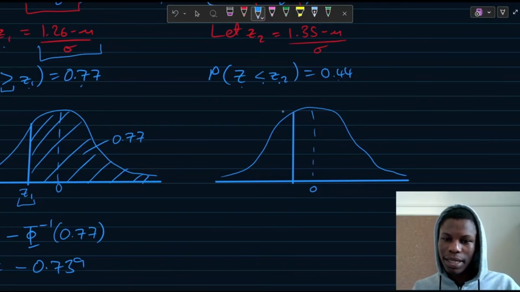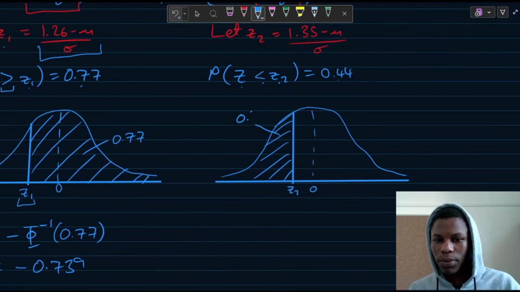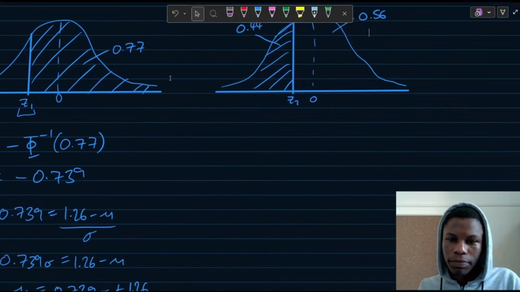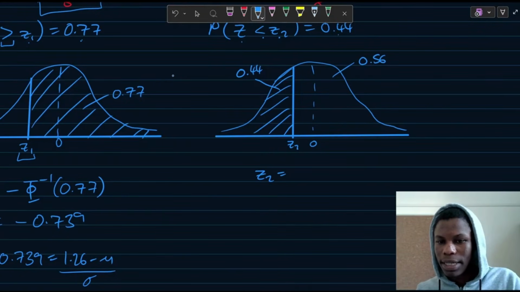So that must mean that Z2 has to be somewhere here so that the area to its left is 0.44. There's no way I can put Z2 on this side and claim that the area to the left of Z2 is 0.44. It wouldn't make sense. Okay, so 0.44. So that means the unshaded region here has to be 1 minus that, which is 0.56. So from our diagram, again, I hope you can tell that Z2 therefore has to be negative because it's to the left of 0. So we want to do negative arc phi